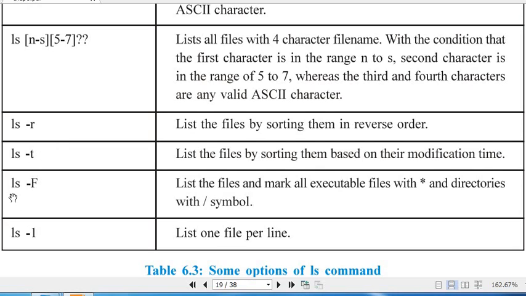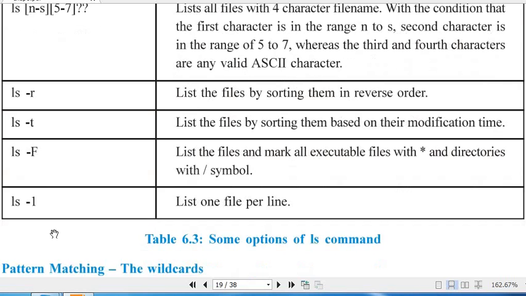Then ls -F lists the files and marks all executable files with an asterisk and directories with a slash symbol. ls space -1 lists one file per line. It is not L but 1, it looks the same. List one file per line.